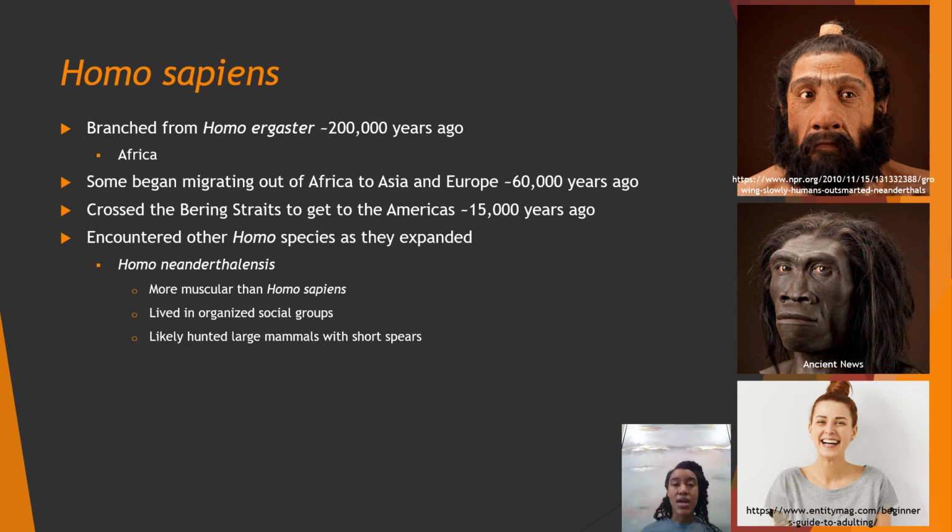They were similar in size to Homo sapiens, but they were far more muscular. And they also lived in organized groups. And they likely hunted large mammals with short spears. And this living in groups and hunting large mammals with short spears is indicated by the presence of severe breaks